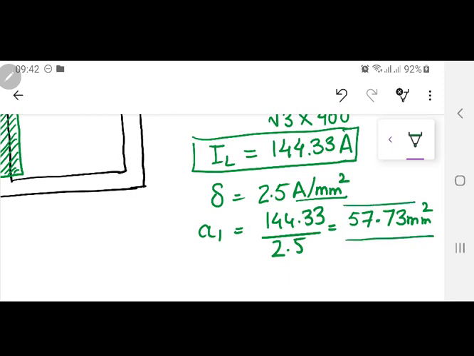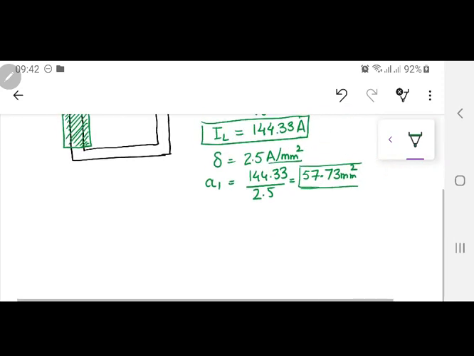But practically, when you are talking about an area that is this large, that is 57.73 mm square, then this means that you are going to have many conductors in parallel. Now there are two choices available to you. One choice is this: I use round conductors like this, and they are arranged like this. Supposedly these are 6 conductors arranged. Now these 6 conductors are going to be cumulatively making that 57 or maybe 58, or whatever required area is required over there.